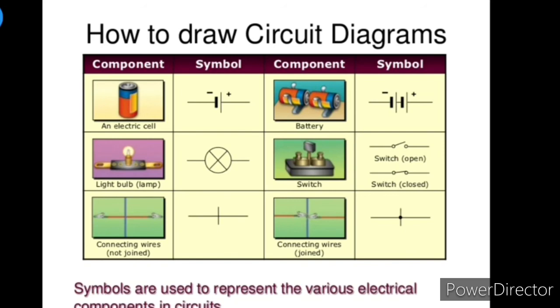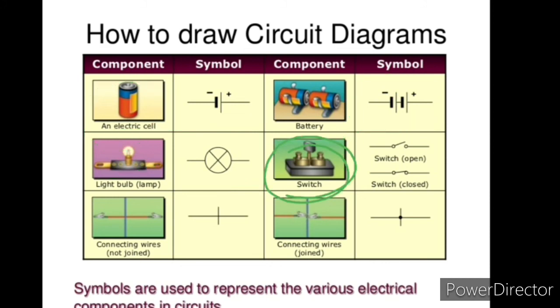circuit diagrams. The first symbol is for the electric cell. In place of drawing the cell diagram, we draw this symbol. It is very easy and convenient to draw. And for a battery, we can use this symbol. For a bulb, we are using this type of symbol, and for